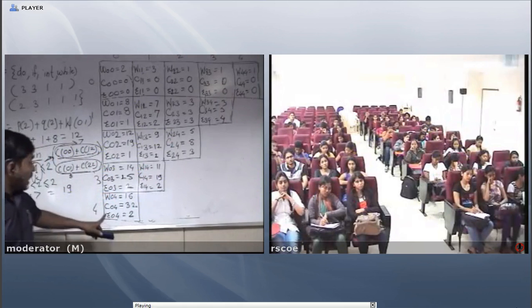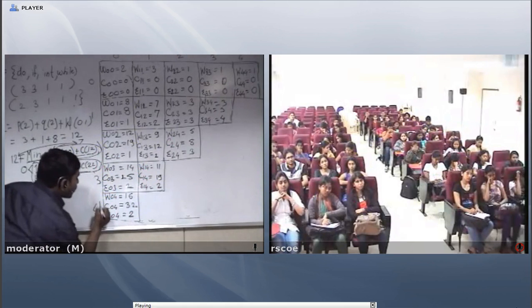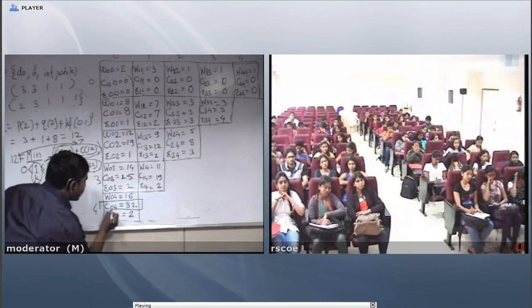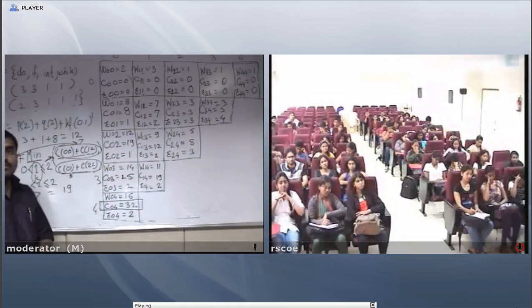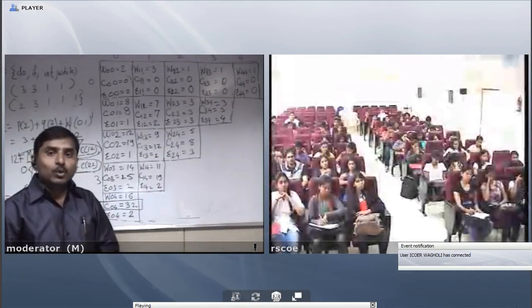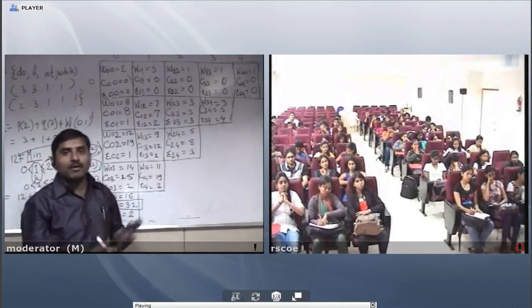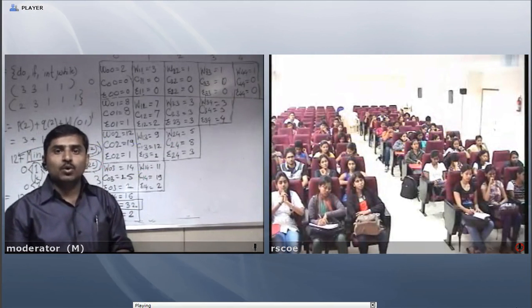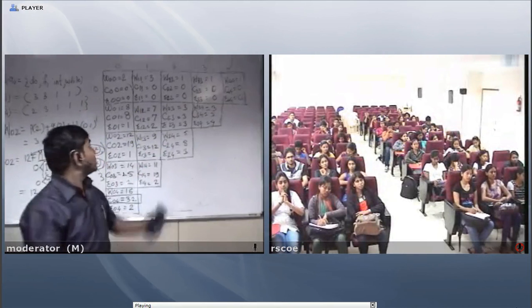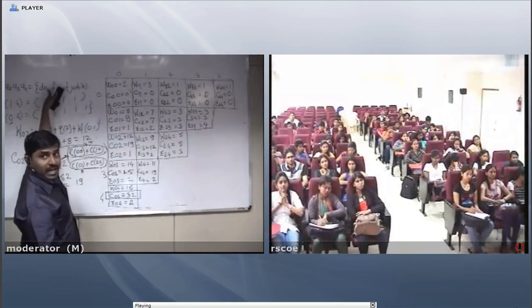So I got the minimum cost. This is my aim. The minimum cost from 0 to 4 is 32. Among the 4 given nodes, the best root is the second, and the second is 'if'.